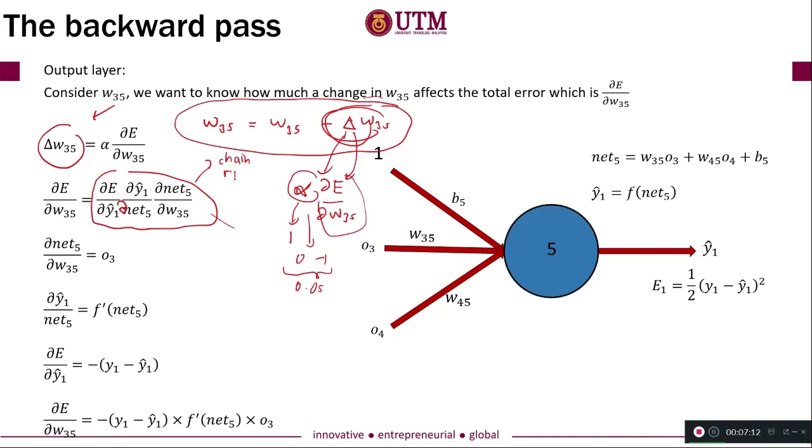So that's why there's a lot of chain rule to do this. If you increase more and more neurons, you will increase more and more linear regression or logistic regression inside your network. So the chain rule becomes longer and longer to obtain this del E over del W, whatever W you want to find there. Okay, if you go back here,